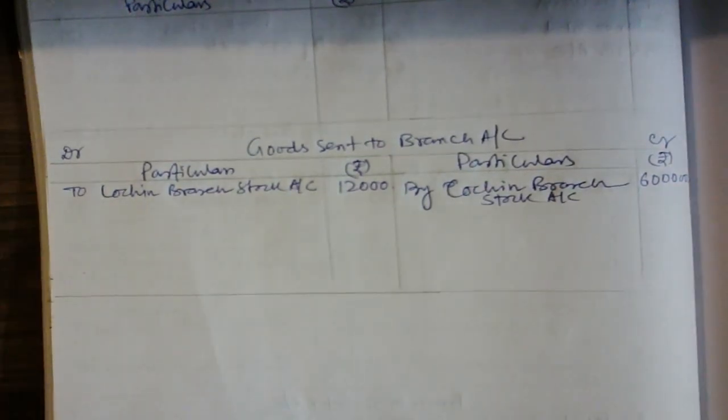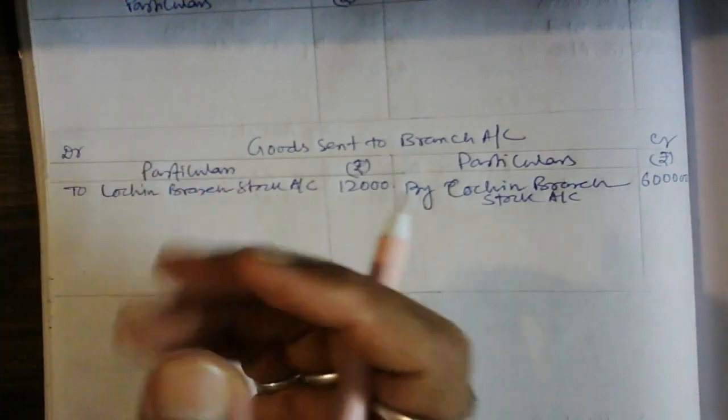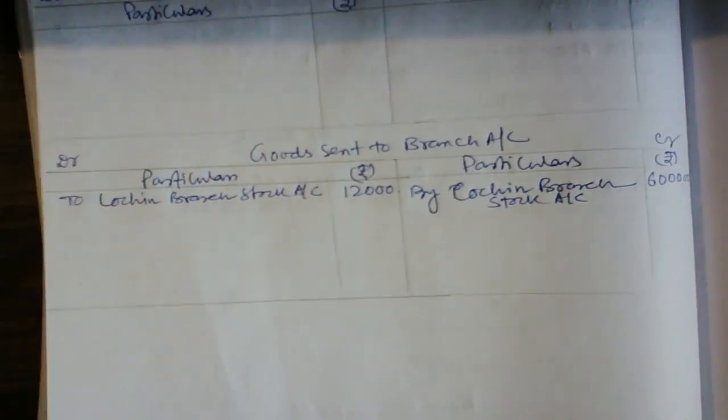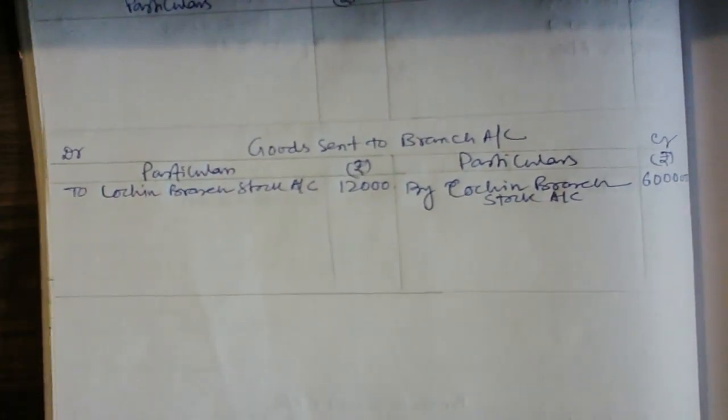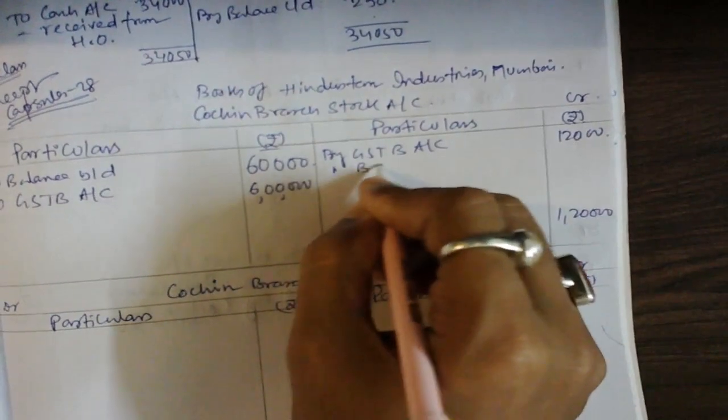Now next, stock at Cochin as on 1st Jan, that is what we have done. Now sales in the year, cash 2 lakhs. So we have the sale. What is the journal entry of the sale? Definitely we know that bank account debit to branch stock in case of the cash sale, and branch debtor account debit to branch stock in the case of credit sale. So can I write here by bank account